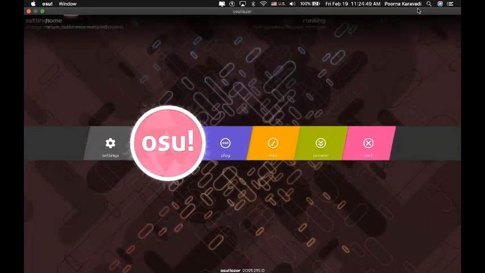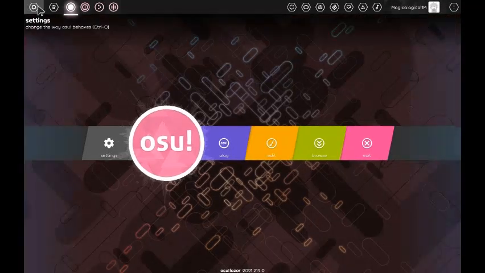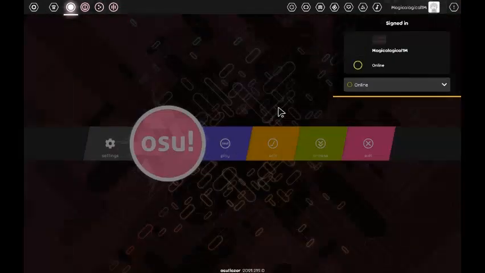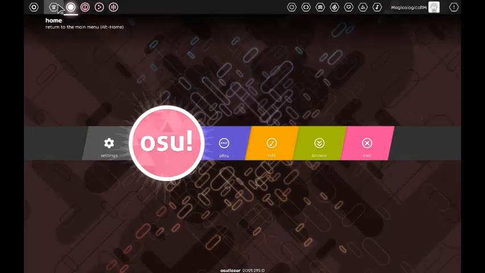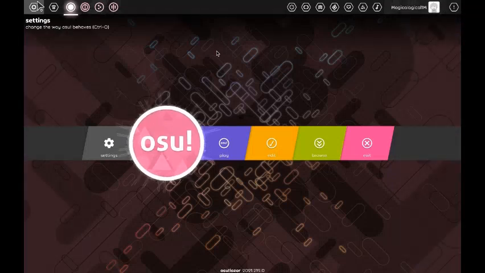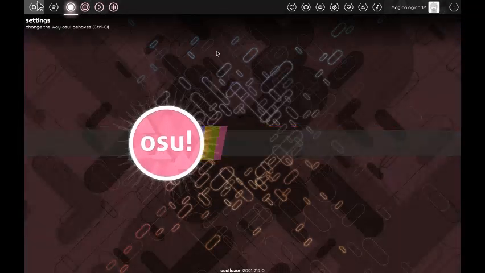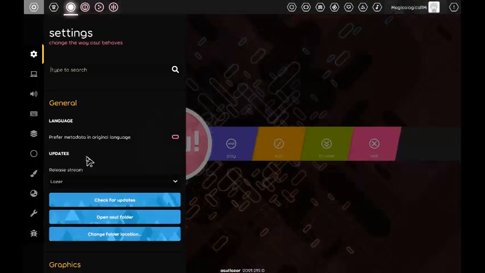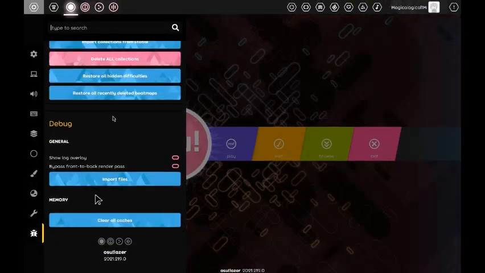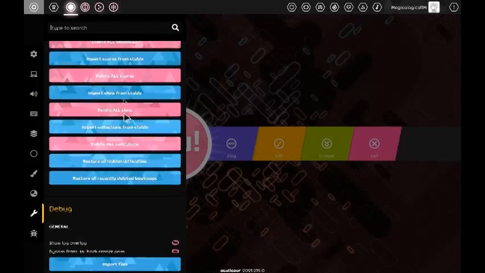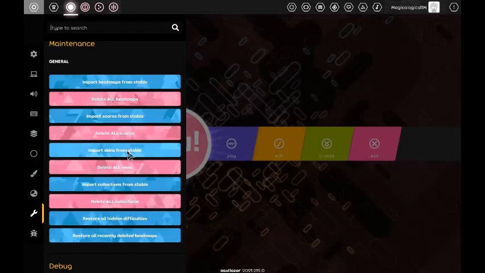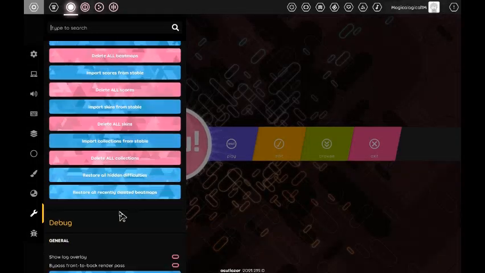And then, since I just deleted it and reinstalled it, I'm already logged in. It'll say guest here, and then you just log in. And if you have osu stable and you want to import it, you just have to go to Settings here, go to Debug, and then press Import Beatmaps, Scores, Skins, or Collections